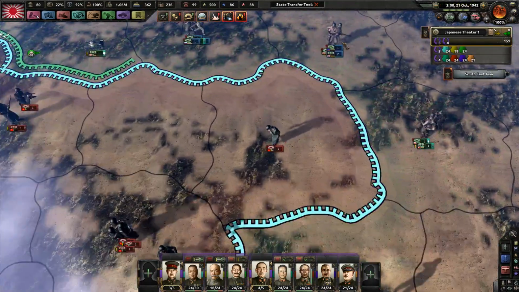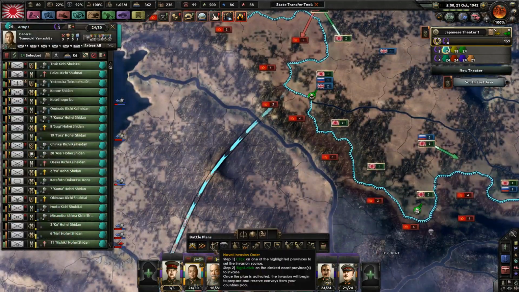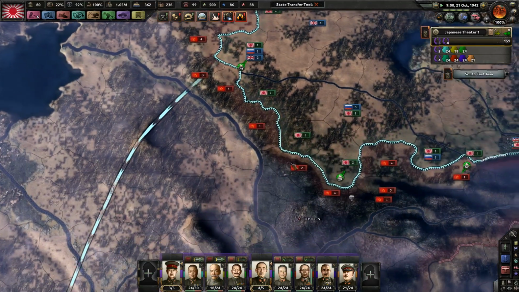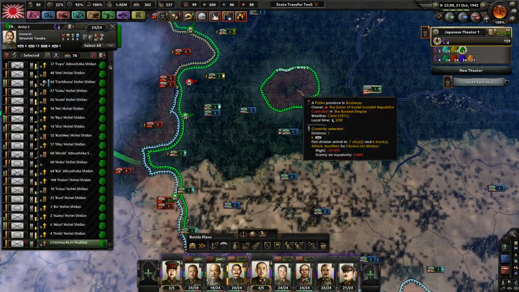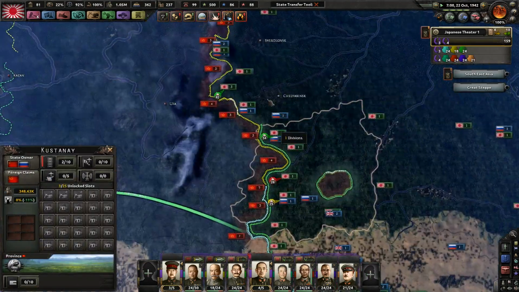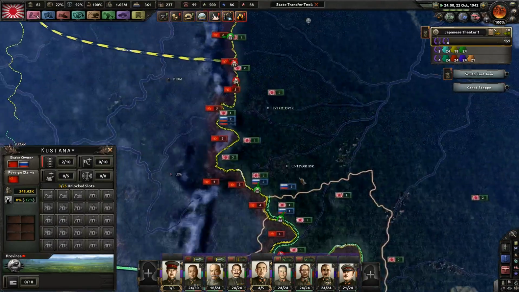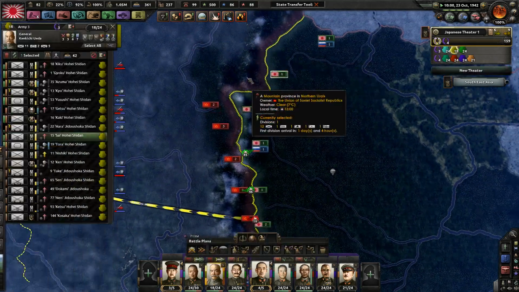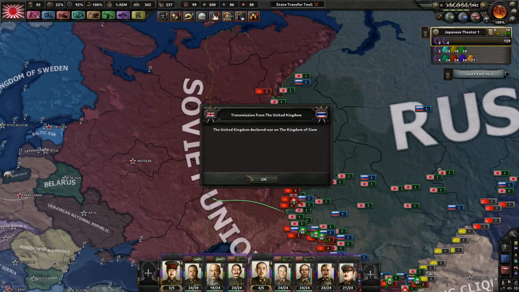Where are you going? Are you green? No, you're blue. I want very aggressive battle plans from you guys. Try to push in as much as you possibly can. It looks like the green army is actually deciding to show up, which is quite nice. Once they get here, we can shrink down these front lines a little bit. It still takes so long to actually cross over the Urals, but...